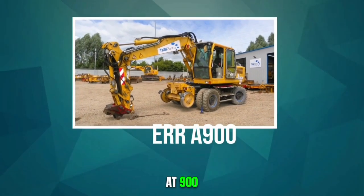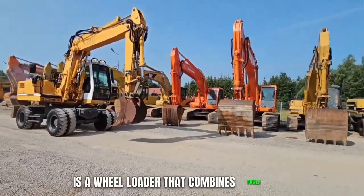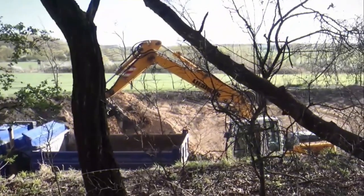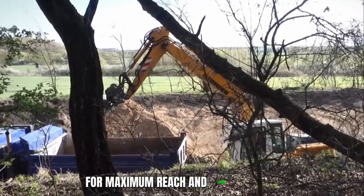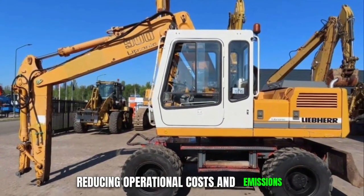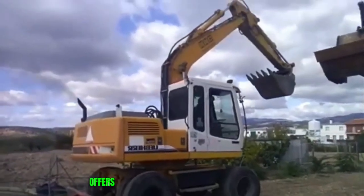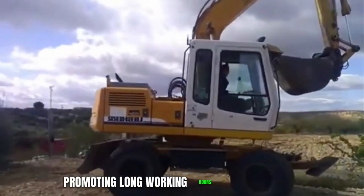Liebherr A900. The Liebherr A900 is a wheel loader that combines power and precision to handle heavy materials efficiently. Its robust design includes a high lift linkage for maximum reach and load capacity. This machine is equipped with a fuel-efficient engine and advanced control systems, reducing operational costs and emissions. The operator's cabin in the Liebherr A900 offers an excellent field of vision and comfort, promoting long working hours without